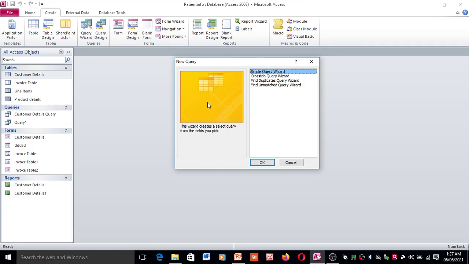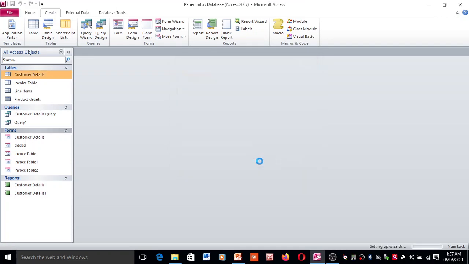This window is to create and select a query from the fields you pick. Different options are there: simple query wizard, crosstab query wizard, find duplicates query wizard, find unmatched query wizard. Here we are selecting, in this practical, simple query wizard and clicking OK.